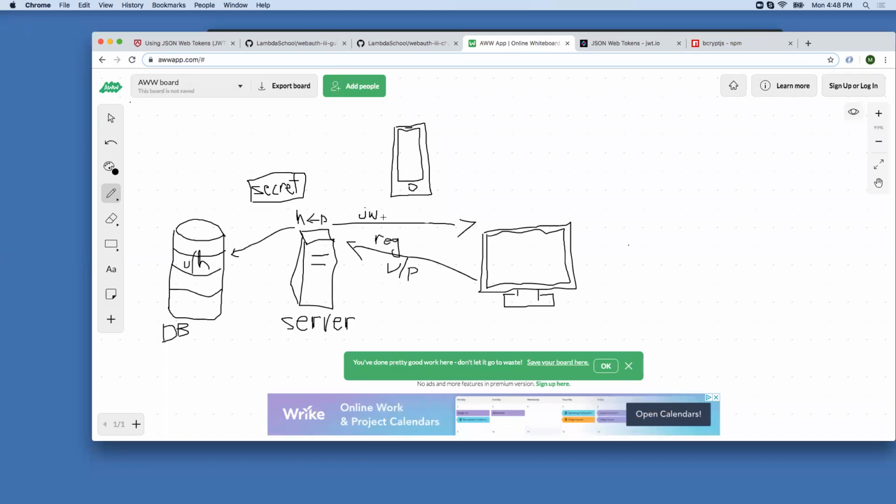Now, in a moment, we're going to switch gears and talk about literally what goes into this JWT, but it's actually just an object. So it's going to be encrypted, but it's very easy to decode. So this is not something that you would want to store anything secretive in, but essentially this is just an object that's being sent back to the client. Now, this object will contain a little bit of metadata. It's going to probably contain the user ID of whoever